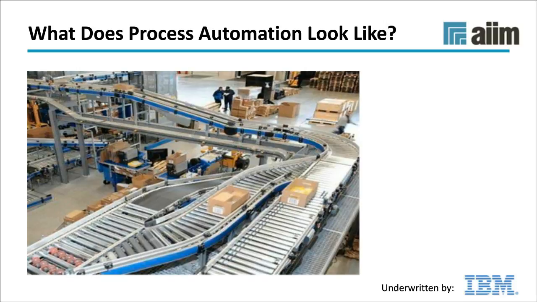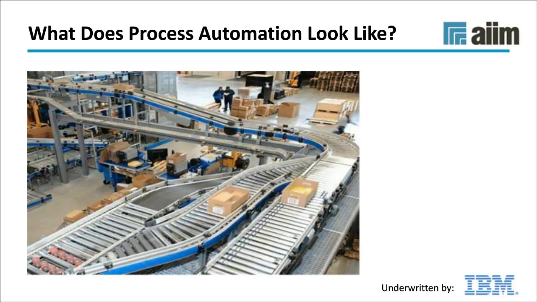Now, these pathways are fixed. They're not dynamic. They're not adjusting to what's in the package. The package goes wherever the pathway says to go. And in fact, the conveyor belt has no knowledge of the package. That's pretty consistent with not just many BPM systems, but a lot of other systems that are used for automating processes. The challenge is it doesn't look like a lot of our work. We can't have all of our process steps and the sequence of our work be scripted out in this way